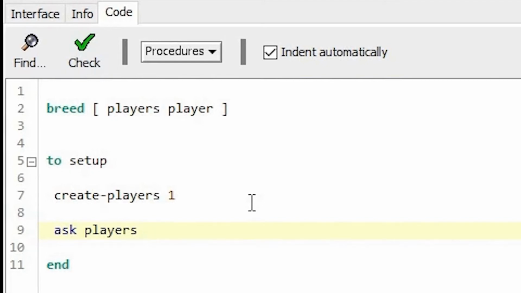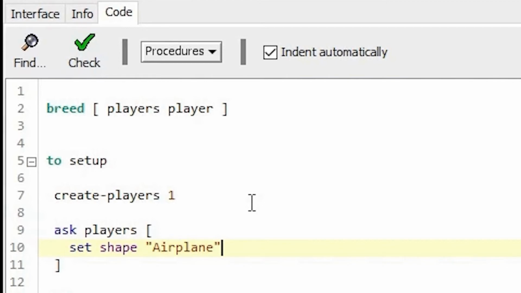So in NetLogo, we can define a specific code block using two brackets like this. So this bracket can be placed here or in the previous line. That's fine. But right now I'm going to use two brackets like this. So here we created a player. Now I'm going to ask available players to do these things. For example, I'm going to ask to set the shape of this player to airplane.